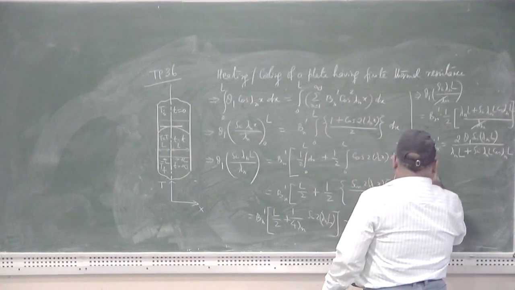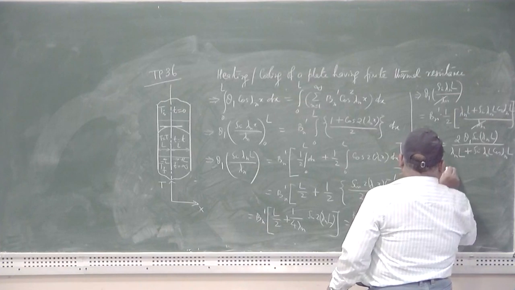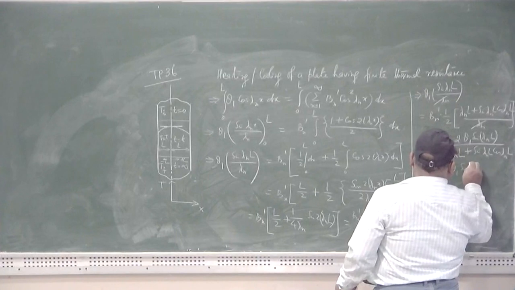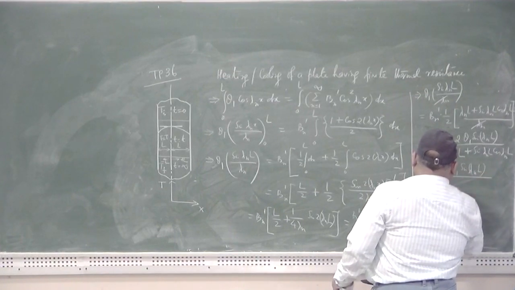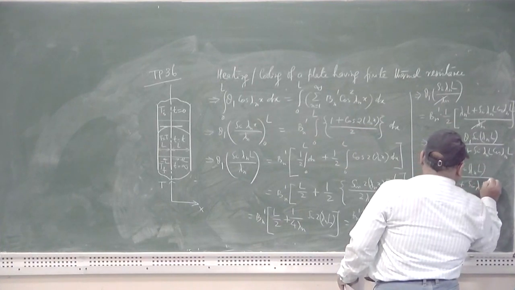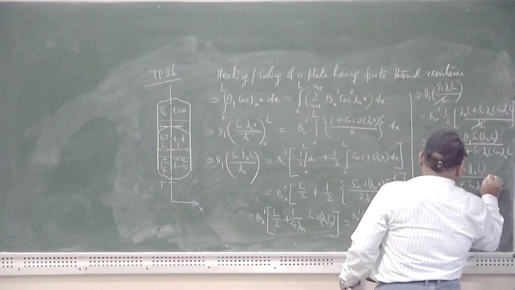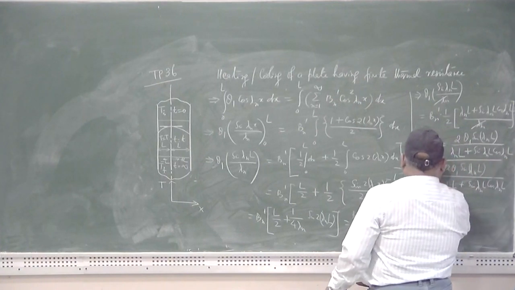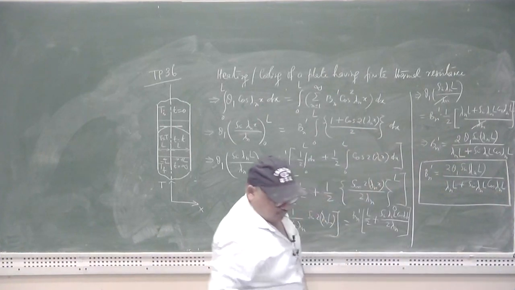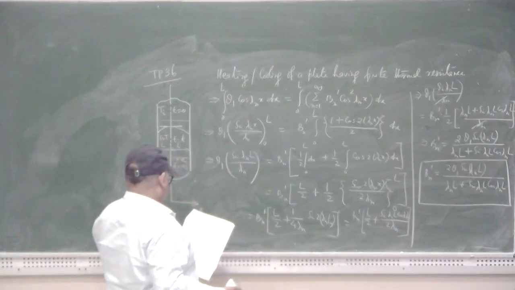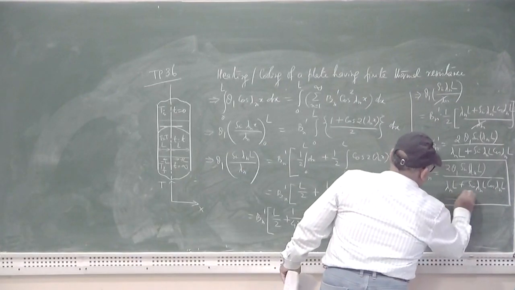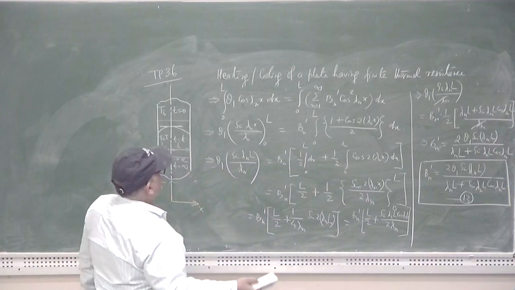So this is the value of bn dash that we have obtained, that is equal to 2 theta 1 sin lambda nL divided by lambda nL plus sin lambda nL cos lambda nL. Let it be equation number 13 now. From equation number 13 and equation number 11 now,